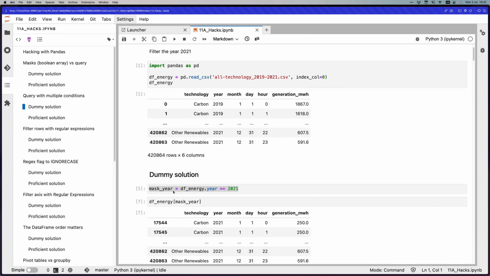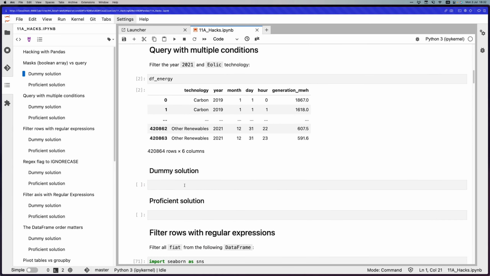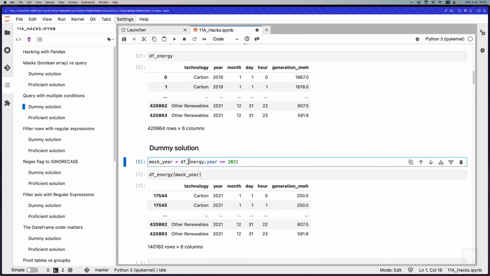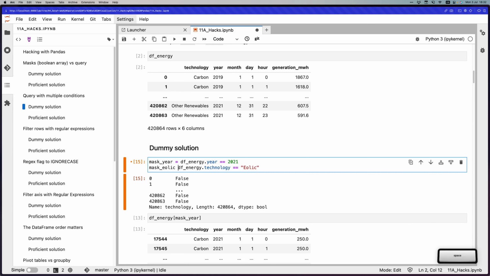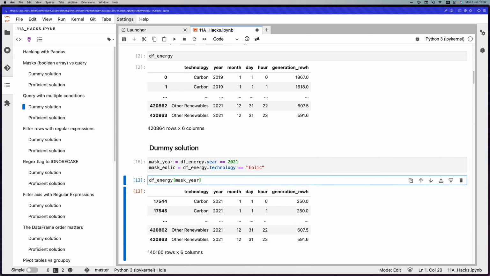We will copy the previous solution, paste it here, and now if we want to add a new mask such as the DF energy in technology that can only be aeolic, we save it as well into a mask, and now we add it to the brackets with the ampersand, mask aeolic, and there we have the year 2021